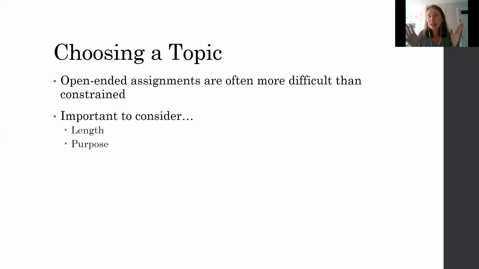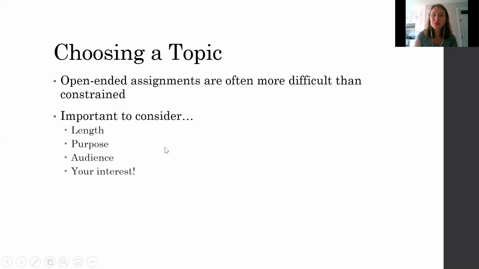So maybe your professor didn't give you a clear topic, but they gave you a general time frame, or they gave you the definition of a word to examine or something like that, okay? An audience, which as you know is the most vague of the considerations, which it's often not expressed to you. But you can always double check with your professor, especially with an independent assignment, because maybe you do something that's not an academic style writing paper. Maybe instead you do a business plan or something like that, in which case your audience would be different than who your audience would be in a paper written for academia.